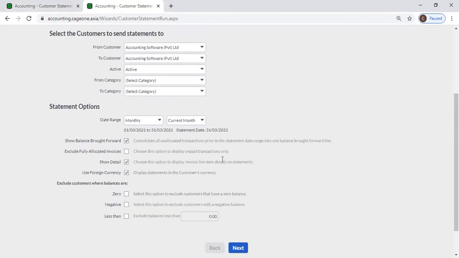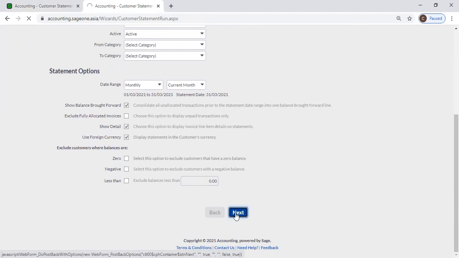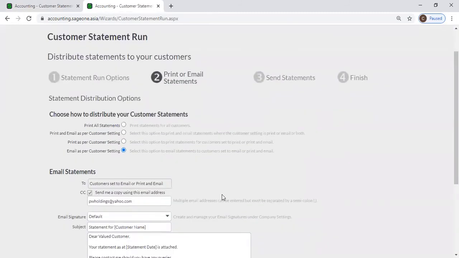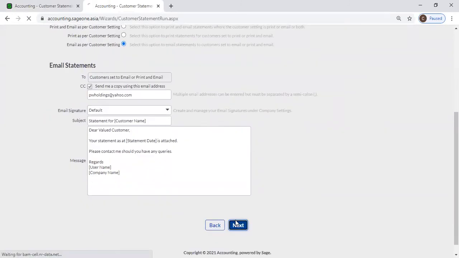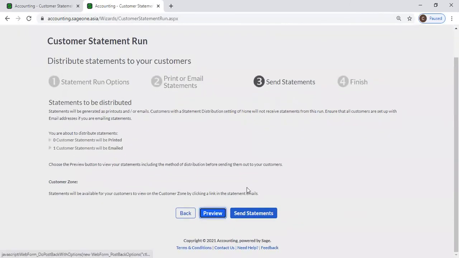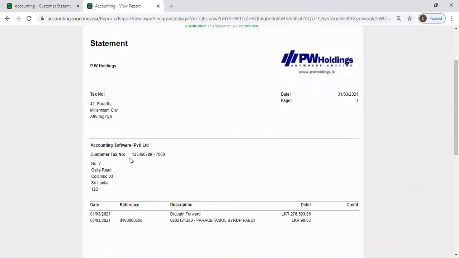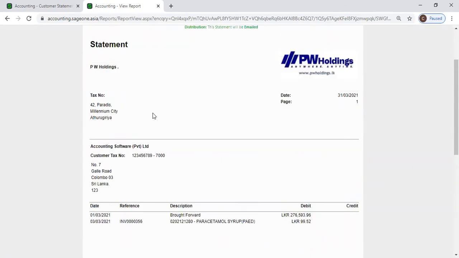I'll generate an example. Now I generate this customer